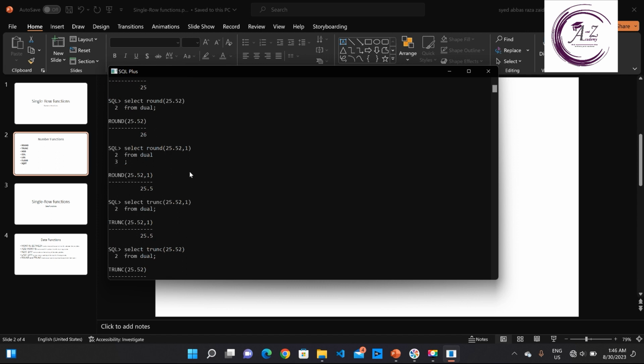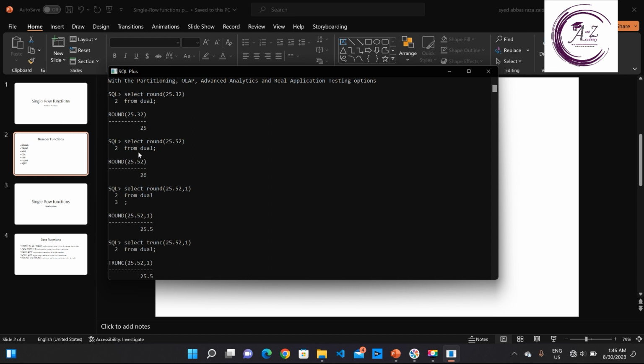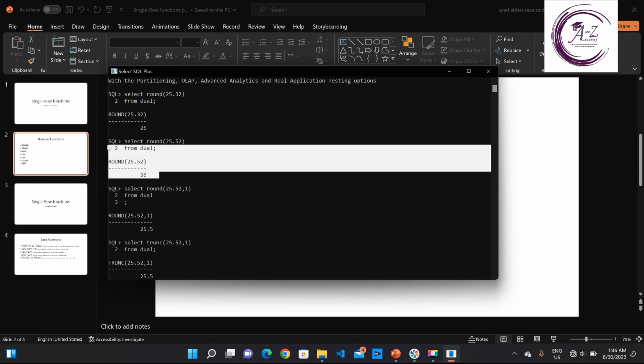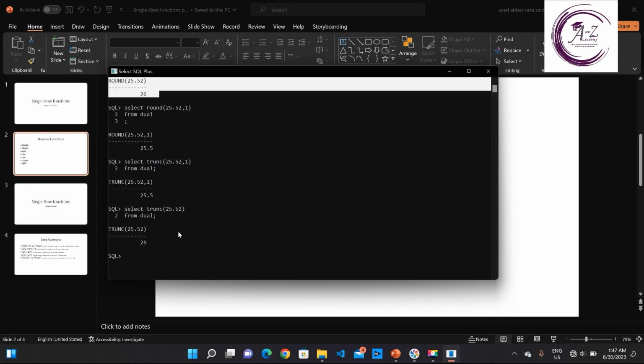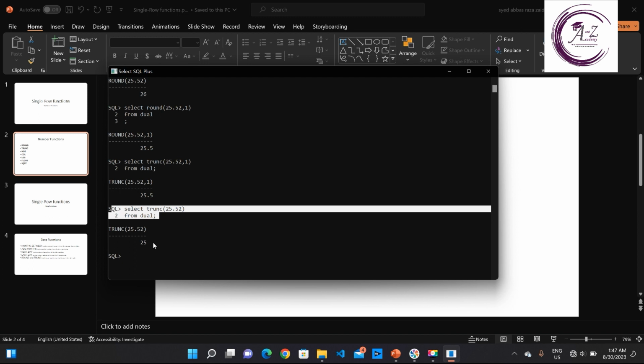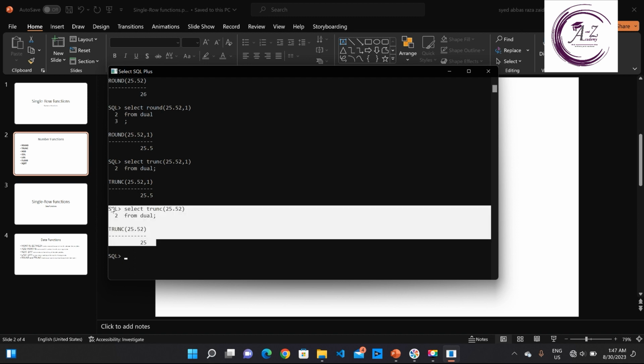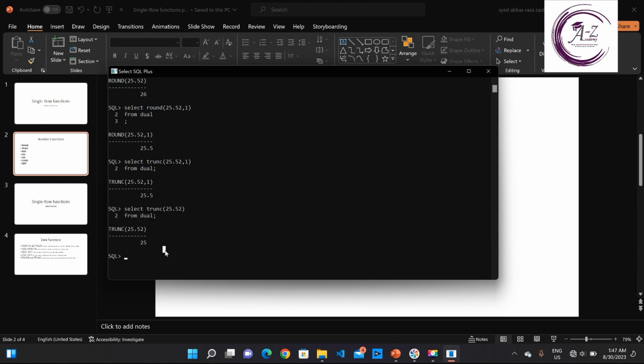But if I move up and look at this query, if I use the round function with the same value, it gives us the answer 26. And if I use the trunc function with the same value, the answer is 25. So the difference between both of these functions is that truncate is used to cut off the value,